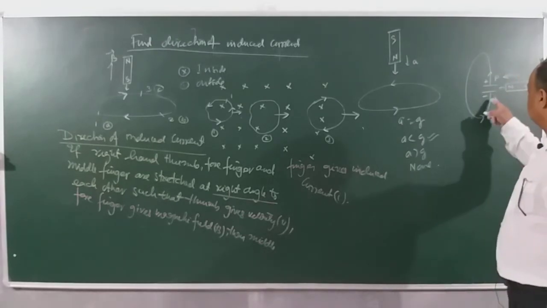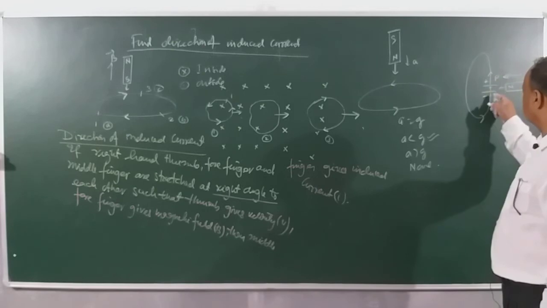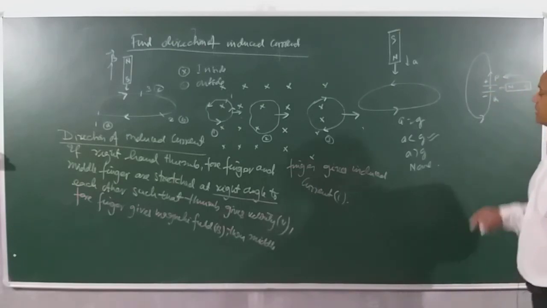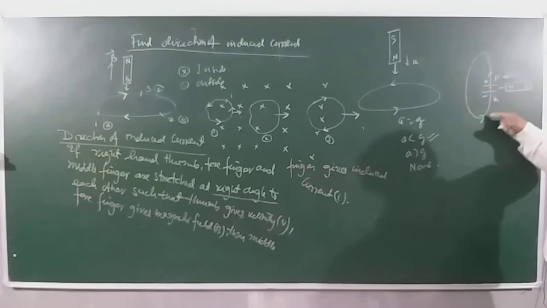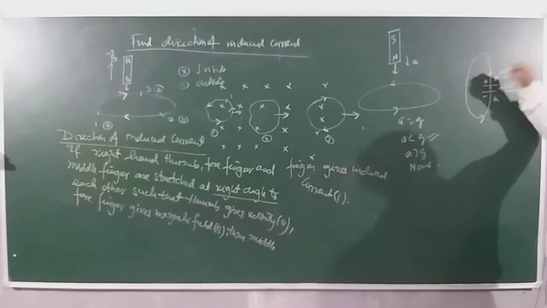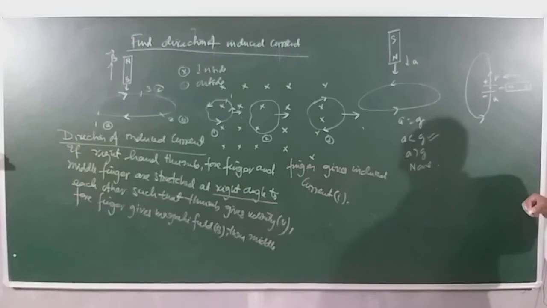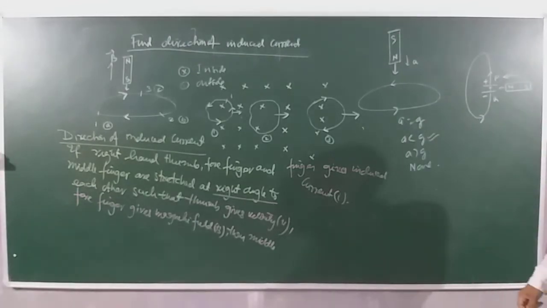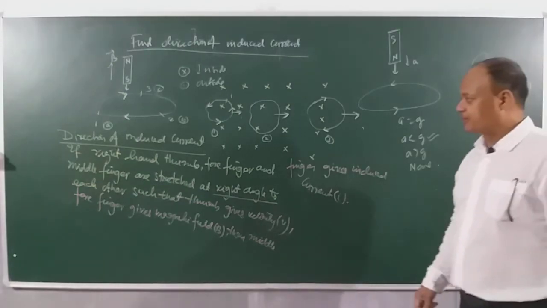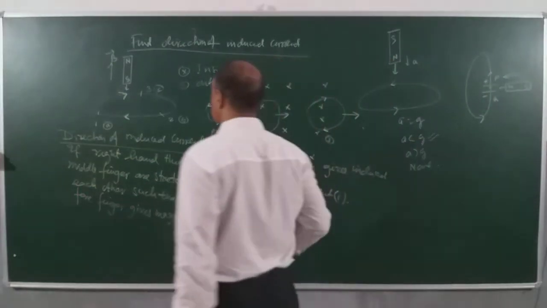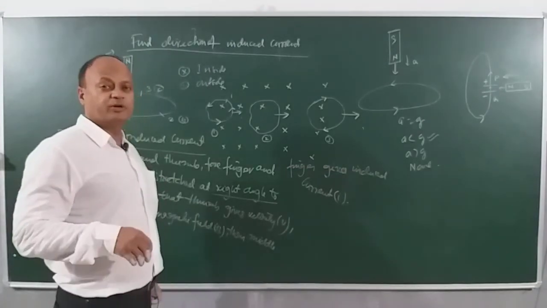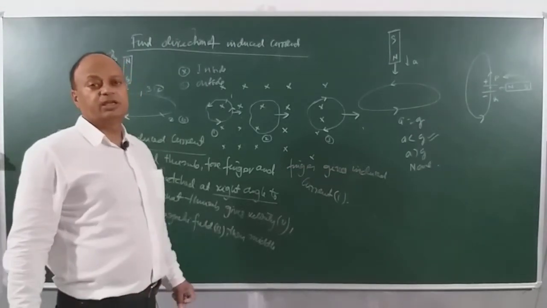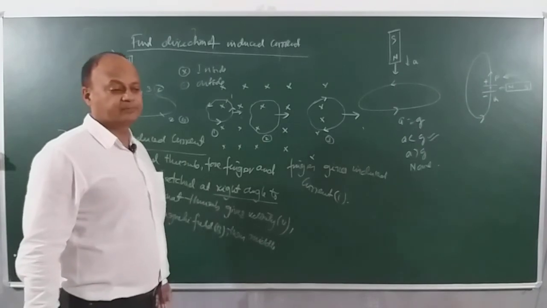So this becomes positive and this becomes negative. Clear? And inside the battery it is like this, from negative to positive. Inside the capacitor it is from Q to P, but outside from P to Q. So obviously P will develop what polarity? Positive, and Q will develop what polarity? Negative polarity. Clear? So this should be kept in mind by you. So we saw the application of the right hand rule. Clear? Now we'll be seeing some more interesting formulas using Faraday's laws of electromagnetic induction. Okay? Let's see.